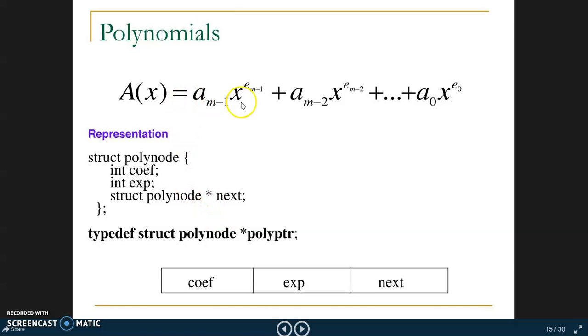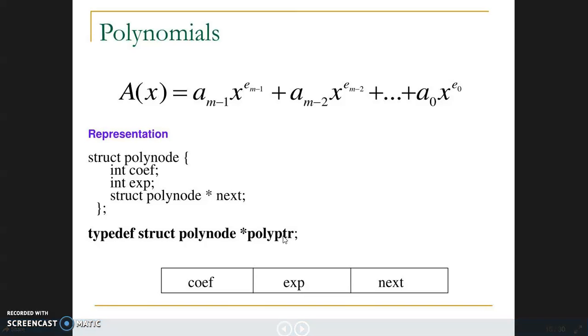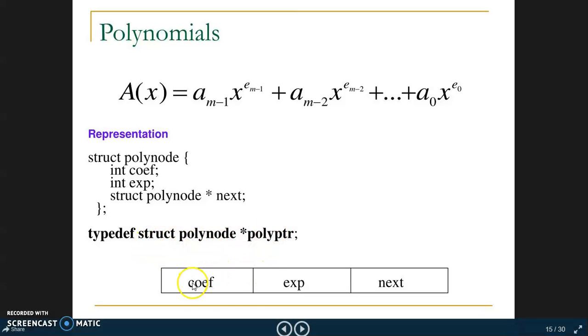This is a similar structure for the polynomial, and we are creating a structure for the polynomial. Struct poly node, int coefficient, int exponent, and we are creating one self-referential variable, next, to point to the next element of the polynomial. Struct poly node asterisk next, the next variable for the node. Typedef and create it as poly ptr. Here this may be any variable; we can create any name for the required structure. This is the synonym for the structure type. This is our node: coefficient, exponent, and next pointer.